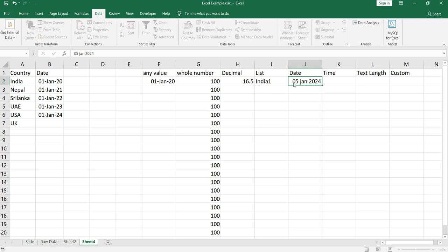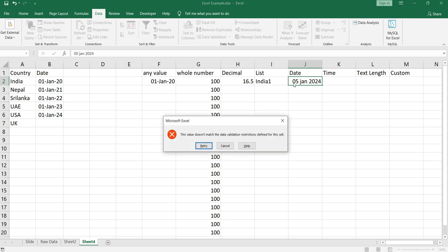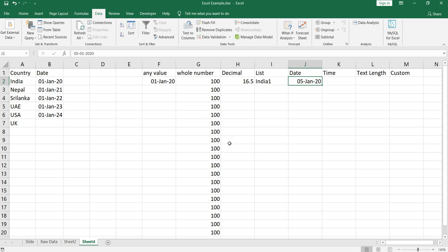Okay, but if you click on cancel, then it will take the date part, this 05 I had selected, right? This date part of that particular value. So for example, if I'm selecting 25 January 2027, it won't accept the value.